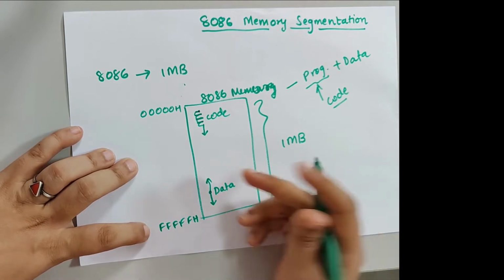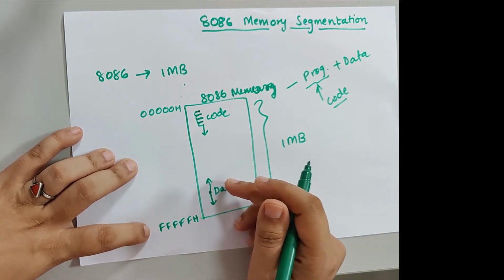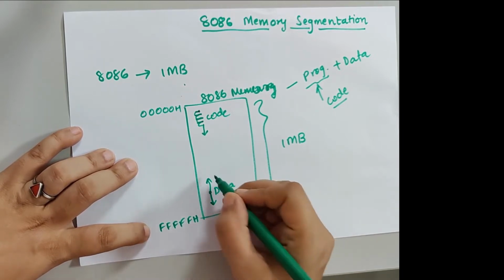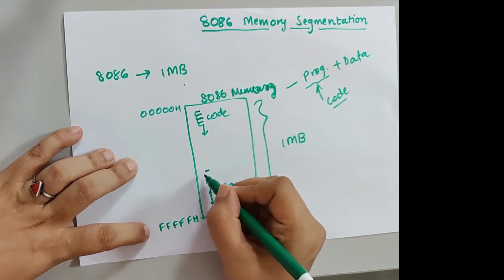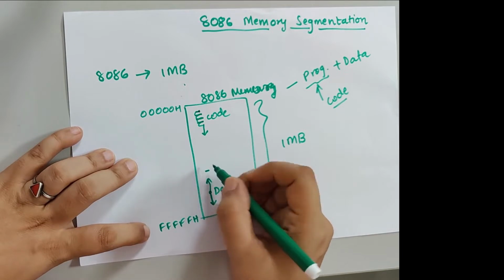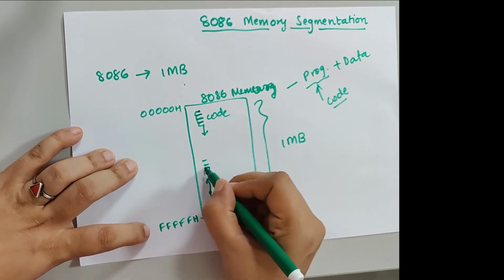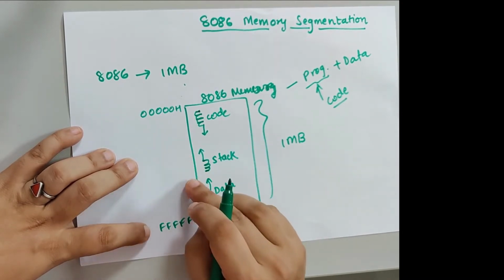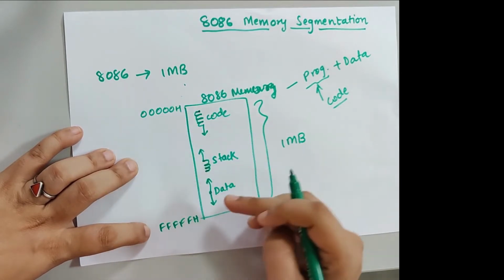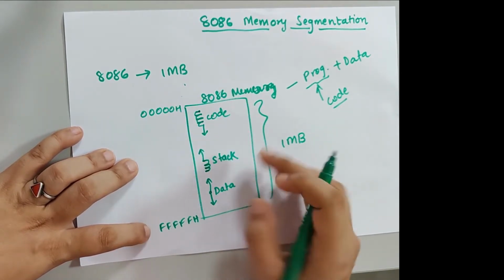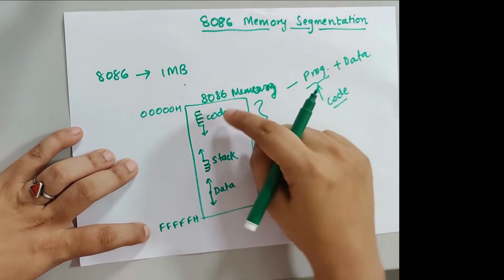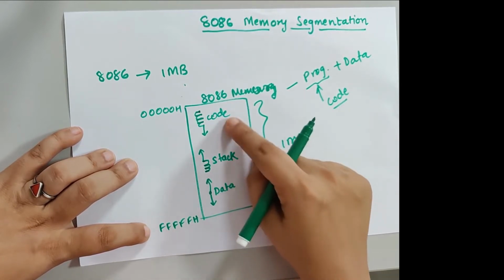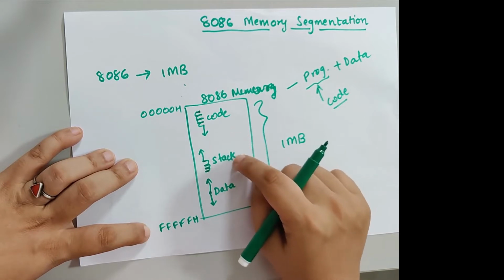Similarly, the stack is structured data, and it follows LIFO fashion, last in first out. If this is the first data you have stored in the stack, the next value will be stored here, then here. So the stack grows upward, and the addresses will be decremented in case of stack. In case of code, the addresses will be incremented. Data can be stored anywhere randomly. Now this is a recipe for disaster. Eventually the code and the stack will overlap, and this will create problems.